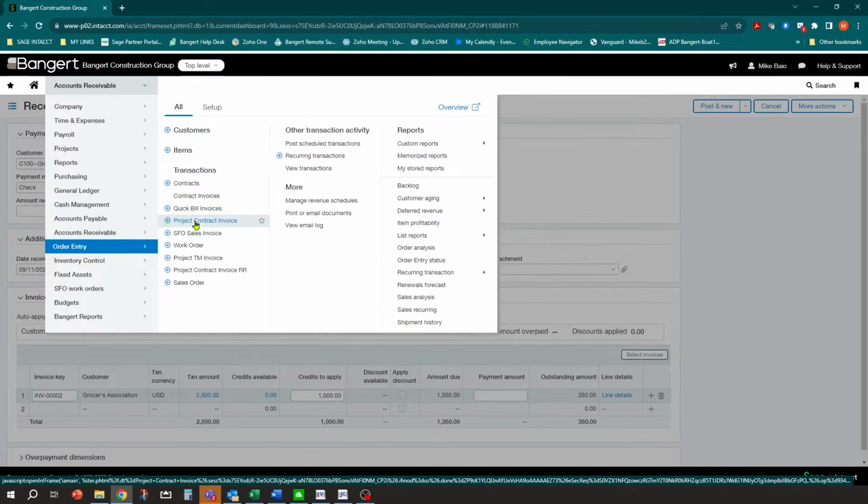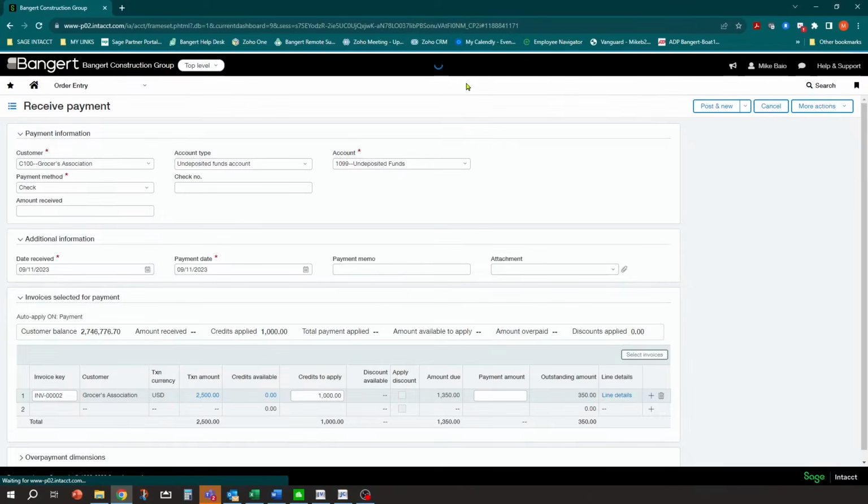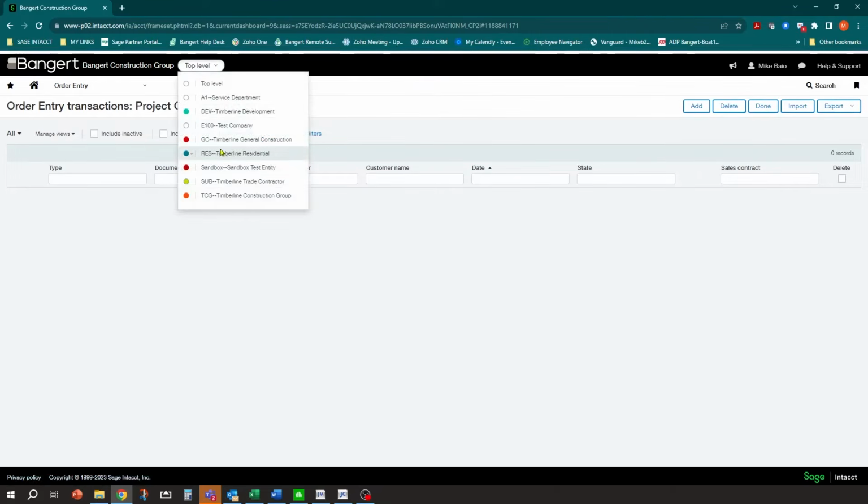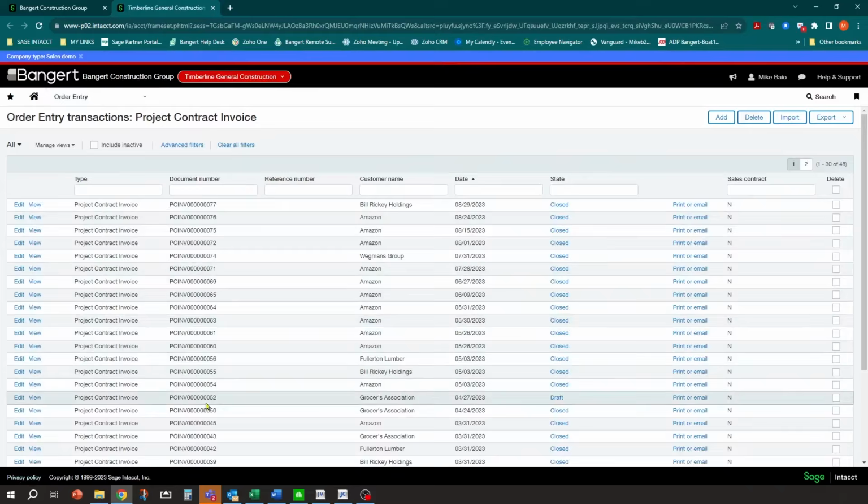You're going to come into here under project contract invoice, let's say, for example. You'll see a list of your invoices. Now I'm at the top level, so let's get into my correct entity here. And I would come into here, and now I would see all the invoices I did. And let's say we need to edit or delete this contract invoice.